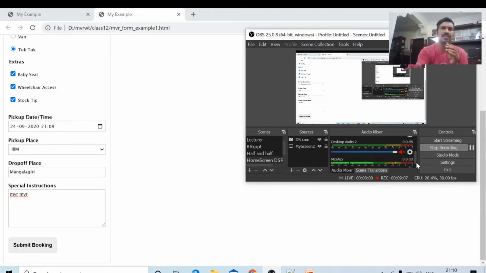This form is available in the shared folder of our department. Do your customization. Delete some of the entries, add some of the entries, design your own style. This is the way of designing a form. In the previous class we covered a number of input elements. Using those input elements, we have designed the form like this. This is the first example of designing forms in HTML.